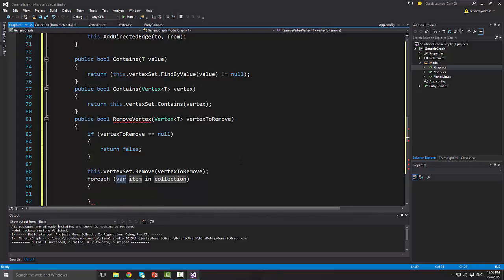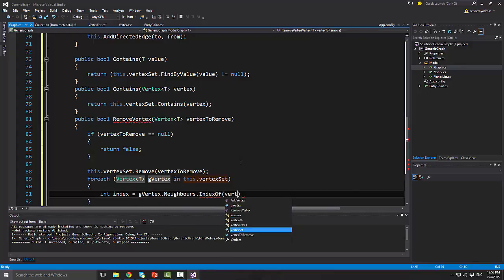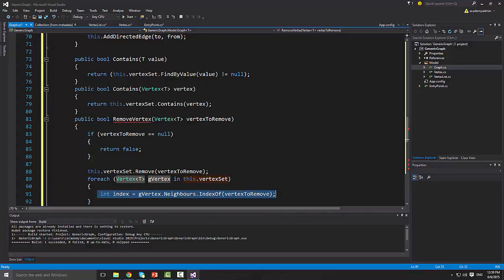For each vertex T vertex G vertex in this dot vertex set, int index equals G vertex dot neighbors dot index of vertex to remove. Okay, so the first thing that I want to do is I want to find if I